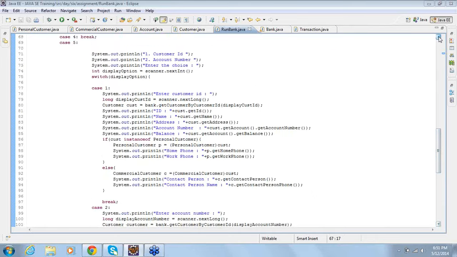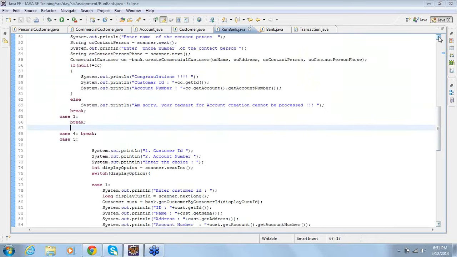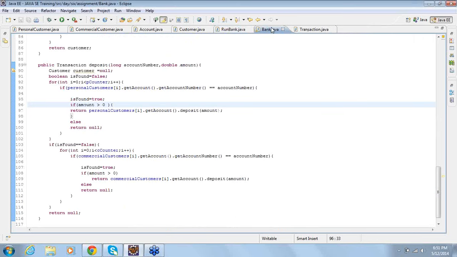Similarly, for here, you should do that. When it comes to deposit, then again you should have the option 1 and option 2. Whether you want to perform deposit with the help of customer ID or the account number, then you perform the deposit. But I have written only one method, and I have written it only for deposit using an account number. And you can also add one more method, deposit using customer ID, and withdraw using account number, and withdraw using customer ID.